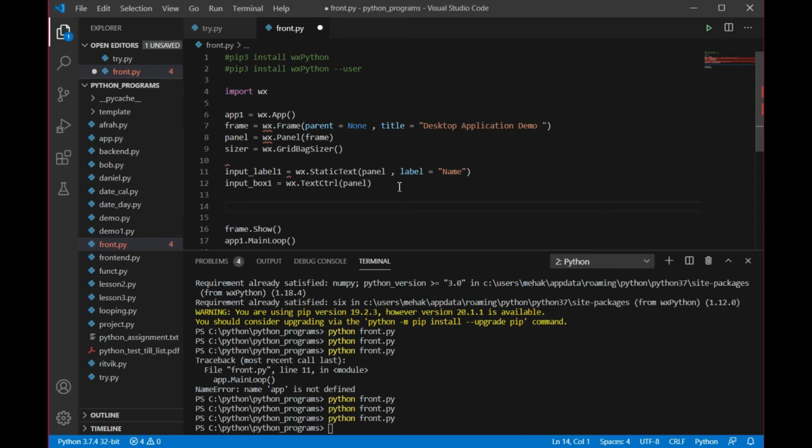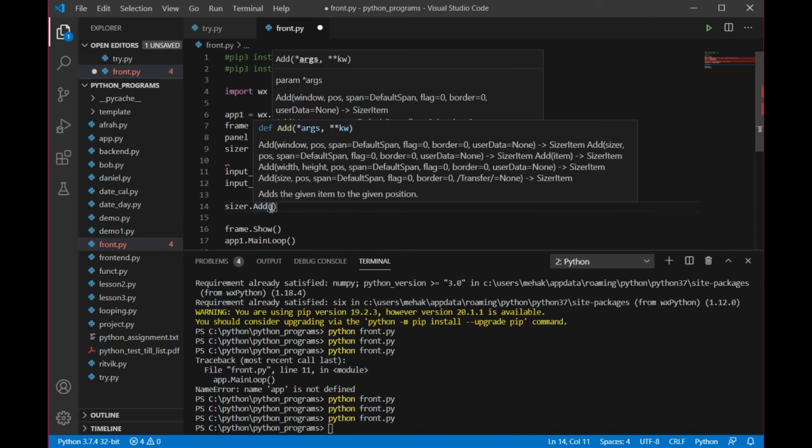We are going to write sizer. See, this is the variable name. If you are naming it as sizer1, you will need to write here sizer1. Sizer1 dot add. Now what I am saying is that you need to add input label 1. Add is a function that is going to give the dimensions to that particular variable.